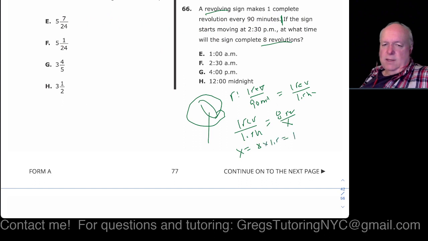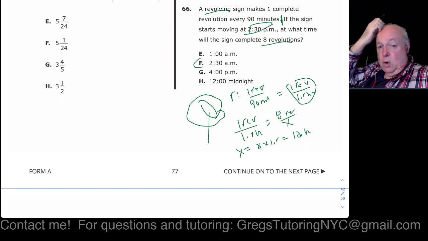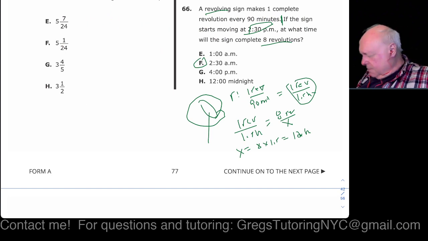All right, so that's why I did this conversion to hours, because I was noticing that it was going to take 12 hours. So if it starts at 2:30 and it takes 12 hours, then obviously it ends at 2:30 in the morning, right? From 2:30 p.m. to 2:30 a.m. And let's see, the next one is going to be